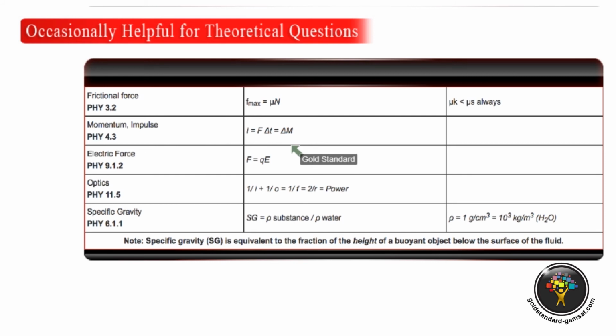Then momentum and impulse. So the impulse is equal to the change in momentum, and that is equal to force delta t, force times the change in time. And now you can understand, I hope, why I mentioned before that impulse is equal to the area under a force versus time graph. Because if you have force versus time, that's like x times y. Actually, it would be y times x. But it'd be one axis times the other axis. Typically, time is